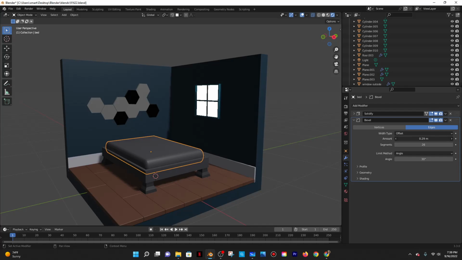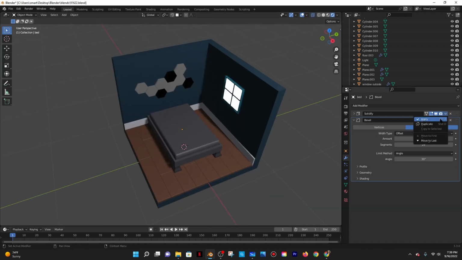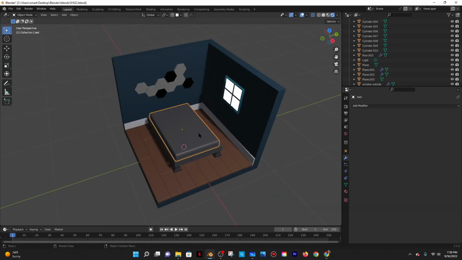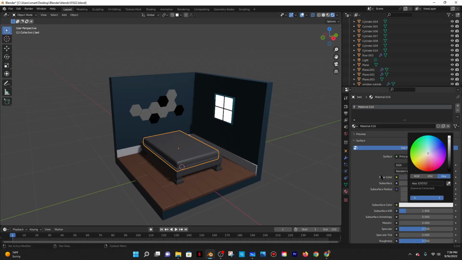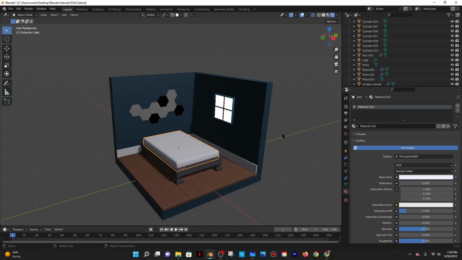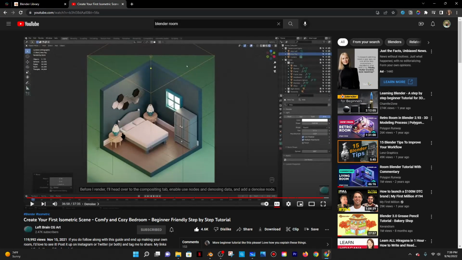Increase this and then decrease this just a bit, kind of like that. So that's my bed. So let me apply this, apply that, and then I'll just go here and go to materials and give it a base color of like white or whatever. I don't know. Oh my god, there's a bed frame too. This is so ugh. Okay, and then for the pillows,